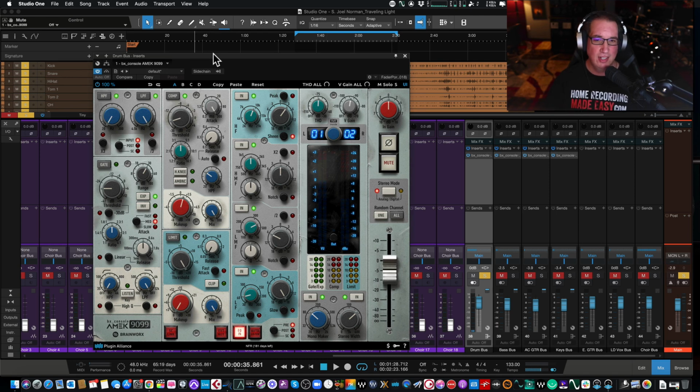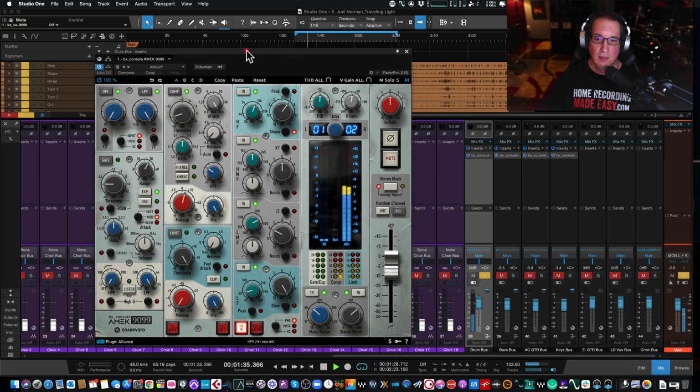I've already dialed it in a little bit. And I'll turn this up a little so you can get a better feel for it. So again, this is on a bus, so we can use our low cut filter here, if we wanted to. Okay, I'm not using the gate here. In the center section here,